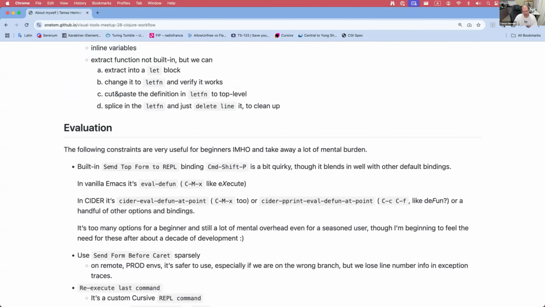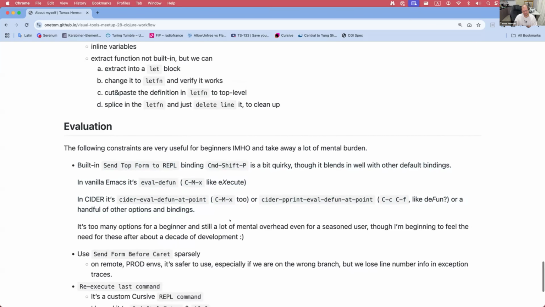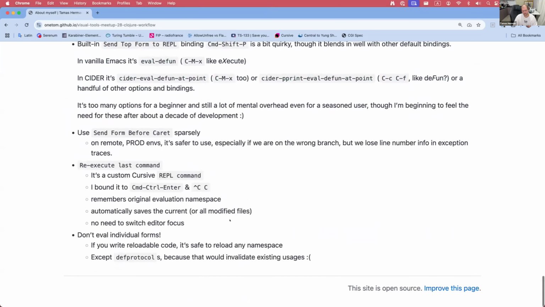Well, I would like people to not do two things. Don't jump to the end of forms and use Control-C, Control-E, Control-X, Control-E to evaluate, and then navigate back to where they were, because it's just painful to see. And similarly, when you are in a